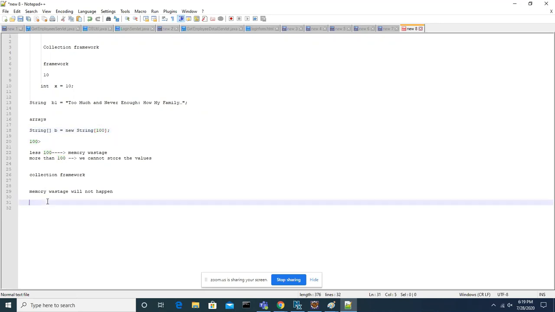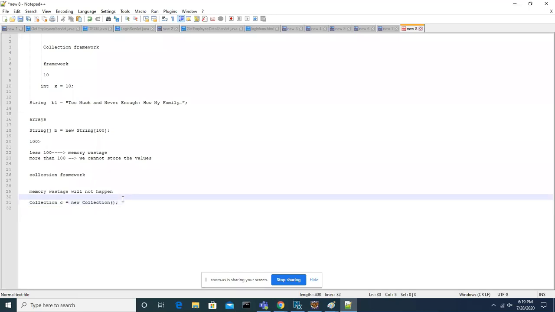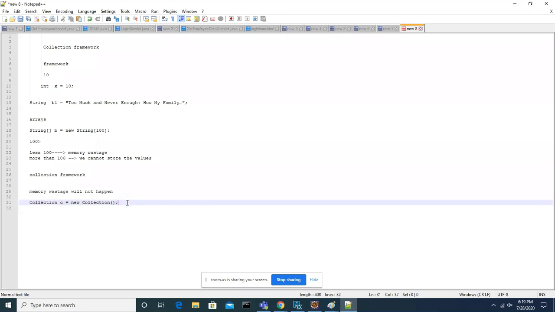But in the collection, I will talk programmatically later. For an idea, let's say new collection. This is wrong code actually, I'm just doing it for our idea. Let's assume C is the collection object.